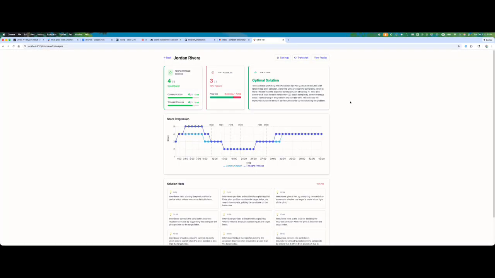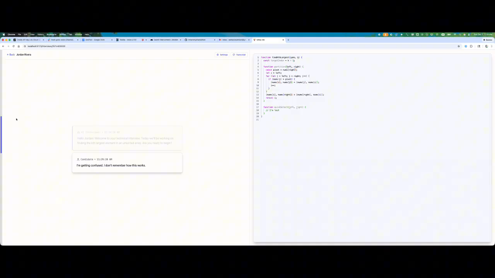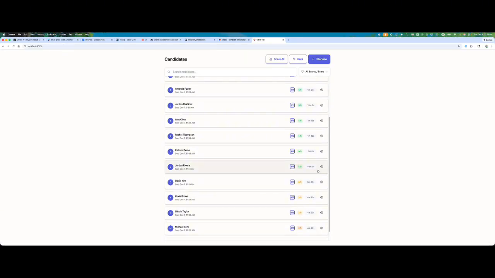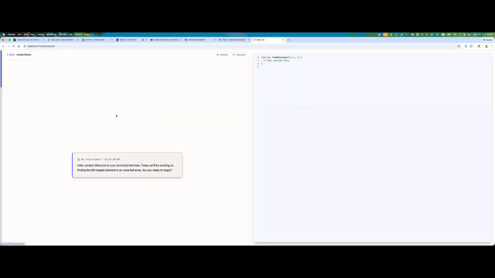So if we look at this graph, you'll notice that there's a big dip around here. If you're curious about that, you can click and that will take you to our replay section. So going back out, you can get to this replay section also from here.